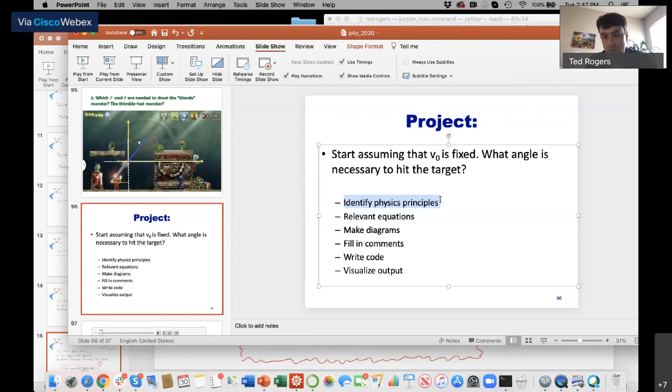Normally, you might have to do that yourself. You figured out the relevant equations. Now we organized those equations into something that we can use to make a program. So how do I integrate those equations into my flowchart diagram? That's the next step. Figure out exactly what you have to do in the program before you start typing out the computer code. Okay. So that'll be your next step.